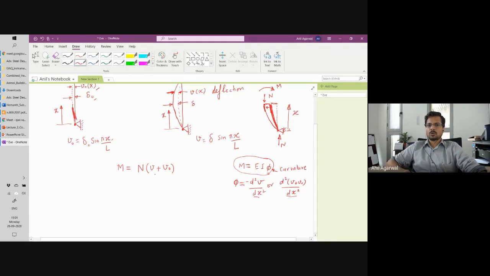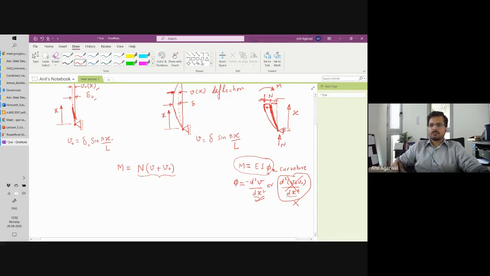However, when we talk about external moments, then you have to account for the whole, because that is the movement from the vertical axis. So this much of deflection, that is delta plus delta naught, or v plus v naught, the entire thing is introducing an external moment. However, internal moment is generated only because of this movement from here onwards. Got it? So that's why we will take this and not this.